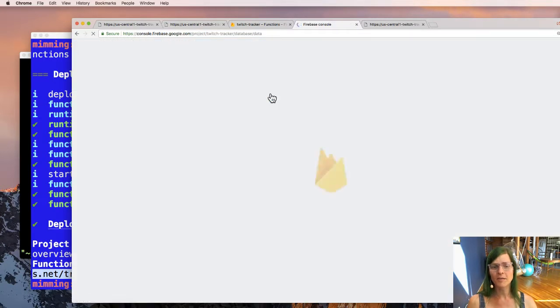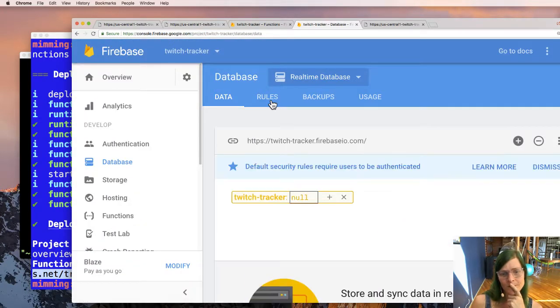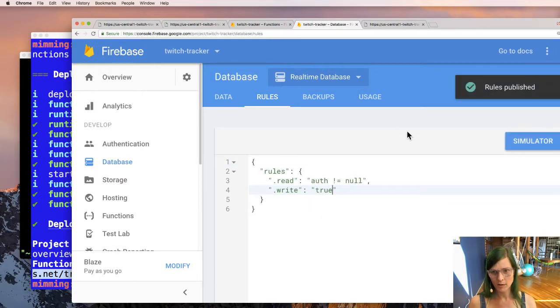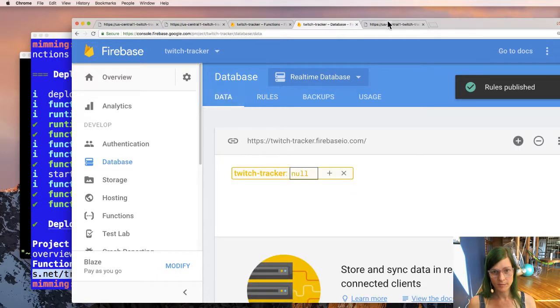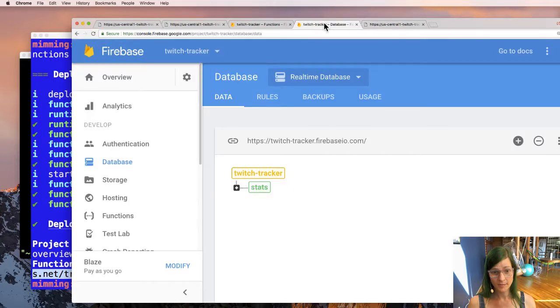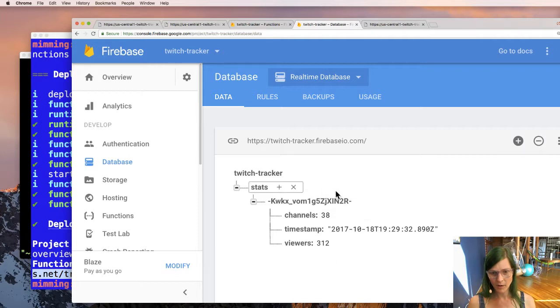Oh no, because my script isn't authenticated. Well, I'll do the stupid thing for now and make it writable from the whole world. So the thing's going to run again. And hey, there's stats now. Okay. Then I'm going to get one of these chunks for each one of those events. Okay, so now I have something running.